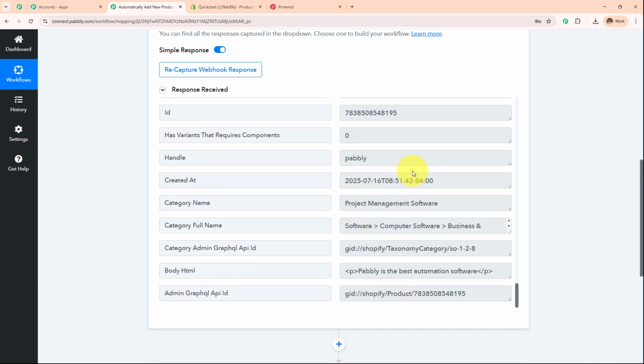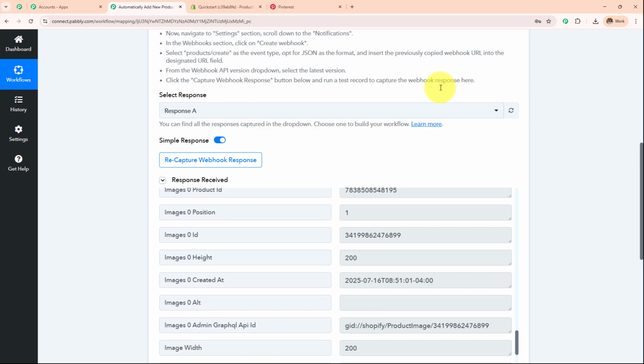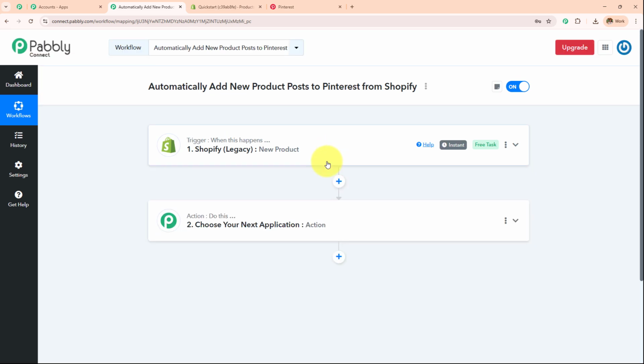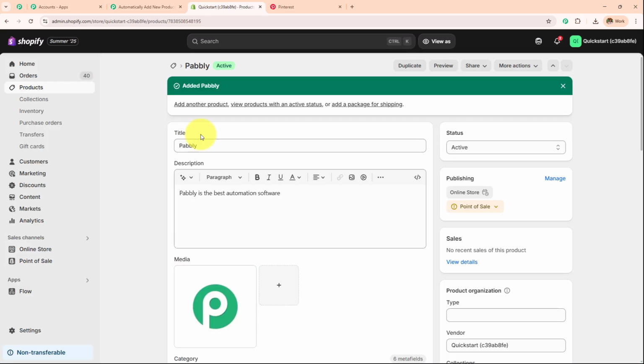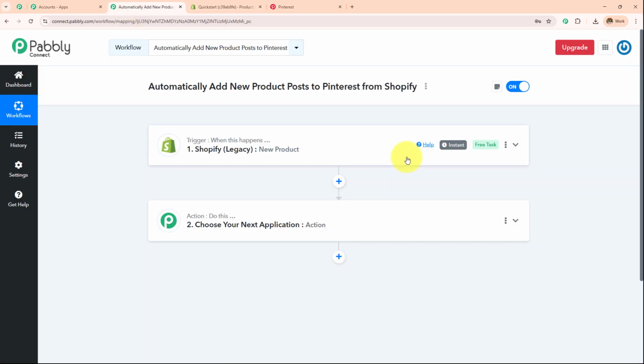Now here, as soon as I have created a product, I have received that response here in this workflow, and this shows that the connection setup that we have created between Pabbly Connect and Shopify is successful. And now whenever a new product is created in my Shopify, I will start capturing that response here in this workflow. Now moving on towards the next step, whenever I create a new product in Shopify, I want to